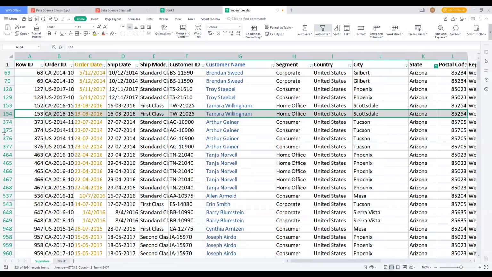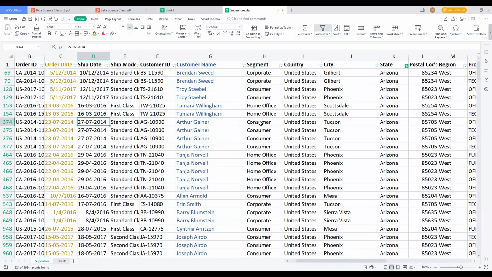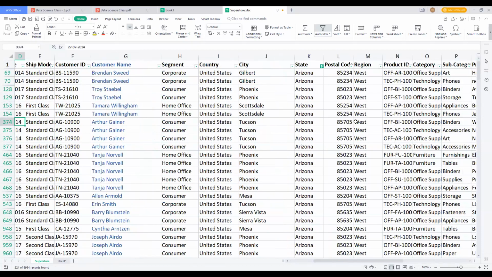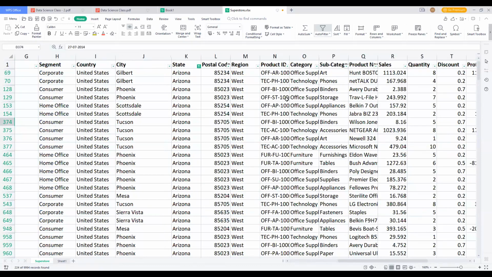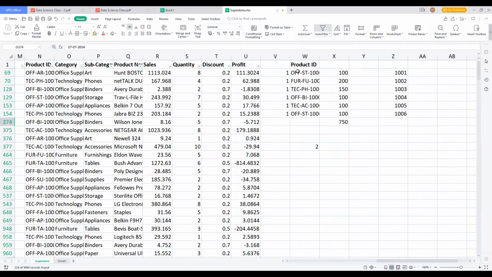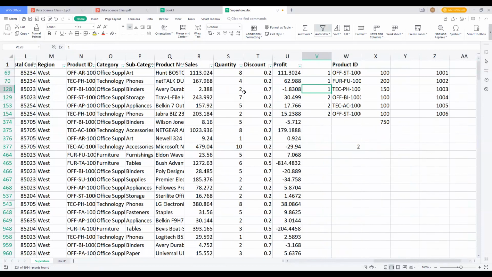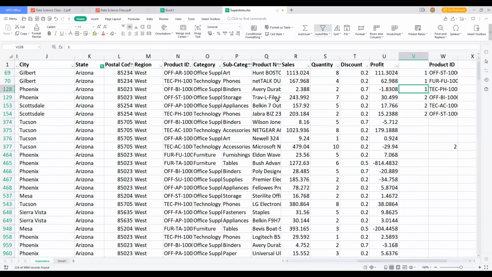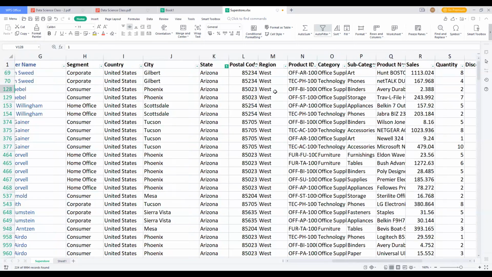For each and every record, it will be understood according to whatever column values we have, and it will be identified and clustered into different groups. So these will be clustered into two different groups. We can understand which are in the higher sales and which are on the lower side. So this is the beauty of machine learning. By understanding through the data, it will divide the values into two different clusters.